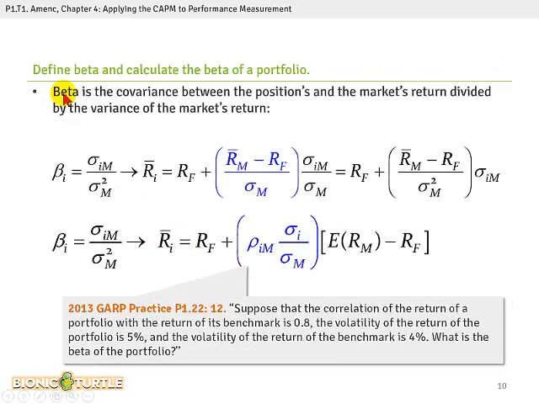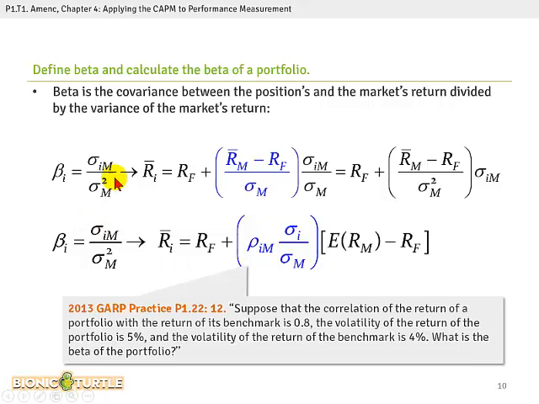There's a question that asks us to define the beta and calculate the beta of a portfolio. Obviously, this is thematic in the exam. Beta is the covariance between the positions and the market's return divided by the variance of the market's return. And so here's that key. Beta is covariance between the security and the market divided by variance of the market. And then